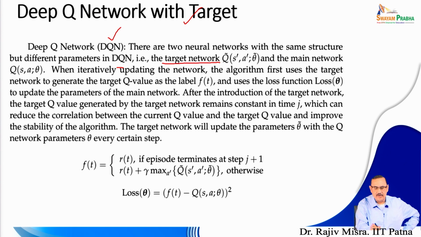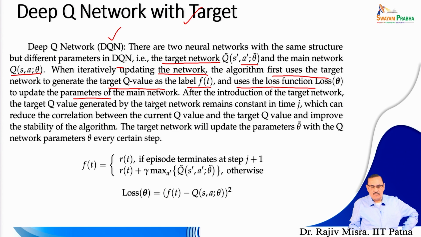One is called the target network, mentioned over here, and the main network, mentioned here, that is Q. When iteratively updating the network, the algorithm first uses the target network to generate the target Q value as the label function ft, and uses the loss function to update the parameters of the main network. After the introduction of the target network, the target Q value generated by the target remains constant in time